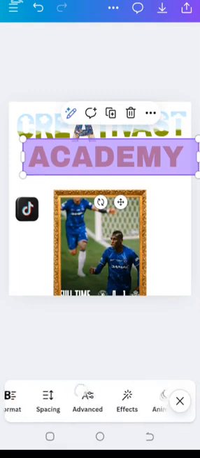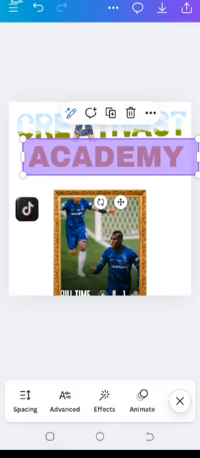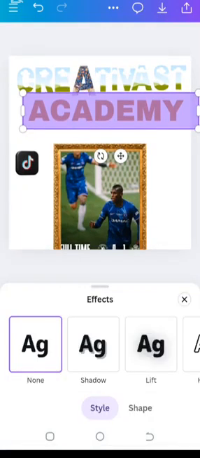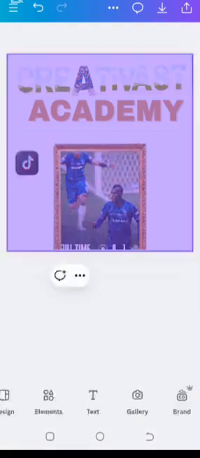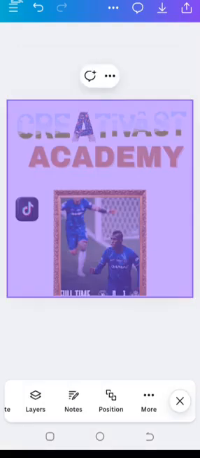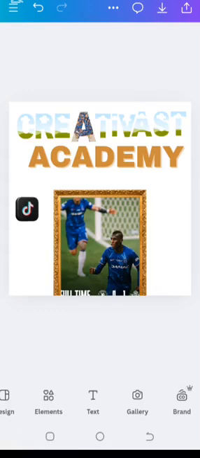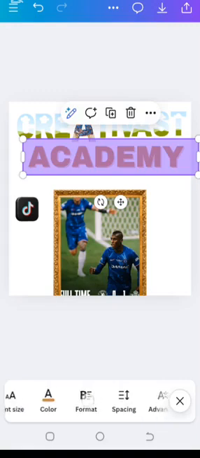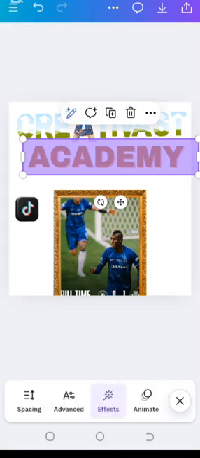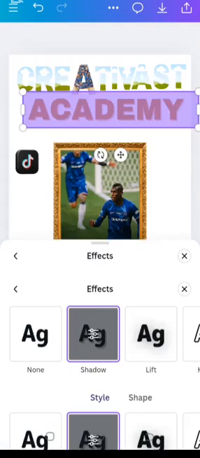Next thing we have is effect. You can see this text is looking so plain. You can try to add shadow. Let me show you guys. Let me move this highlight. You can see that this text now, look closely, it has shadow. If the shadow it has is not enough for you, you want plenty of shadow, to be very noticeable, click on this shadow,